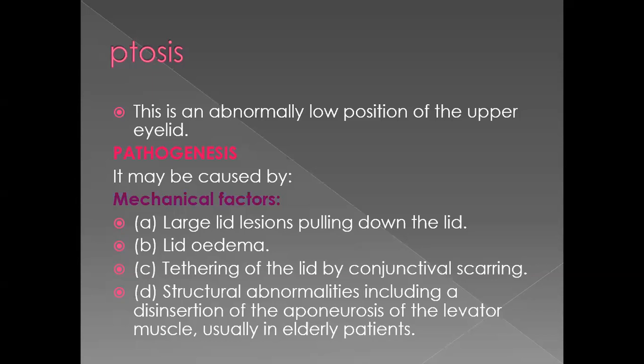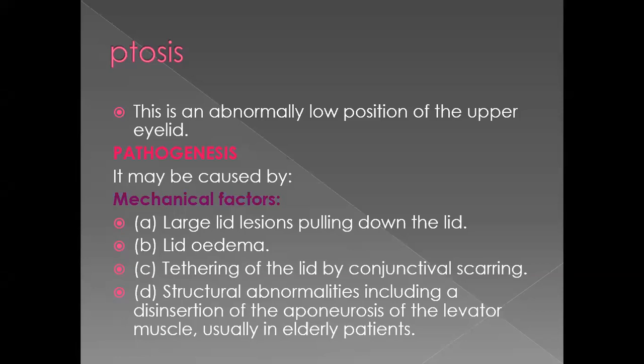There are certain factors that can cause ptosis. The first one that has to be undertaken is the mechanical factor. Mechanical factor means that whenever there is some weight bearing object on the upper eyelid, something which will have weight and is being put on the upper eyelid, it will bring the eyelid down.